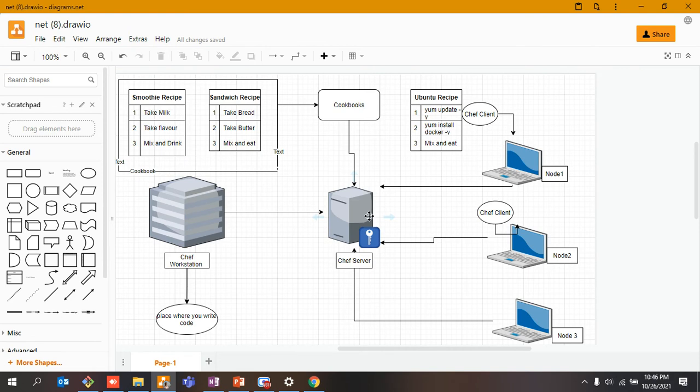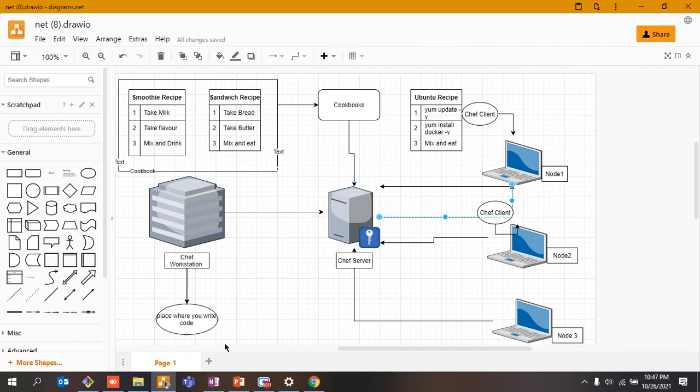Let's say your workstation is your office machine, where you work. You write some code, and then you upload it, let's say onto Git, or that kind of stuff, so you can imagine it that way. You write your piece of code, and that gets uploaded with the help of knife, right? And your chef server also makes a connection to each and every node with the help of knife.